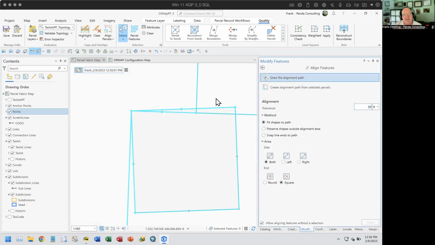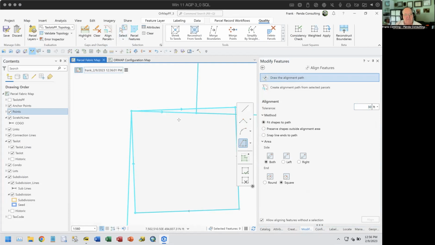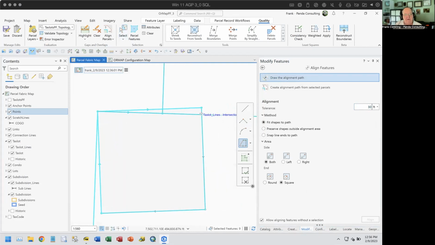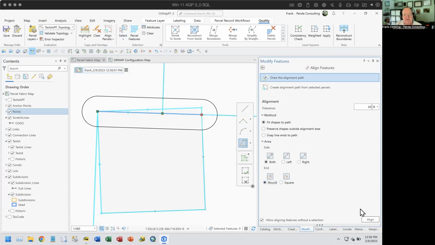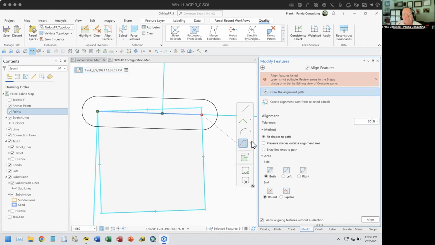So let me go back here again. Let's redraw this here, from here to here. All right, and let's do it rounded now. And it will go and take all vertices, all points, all features, and realign them. Even without a selection, it would go and